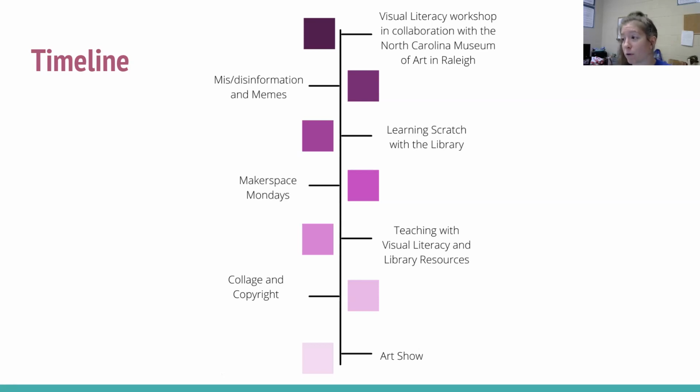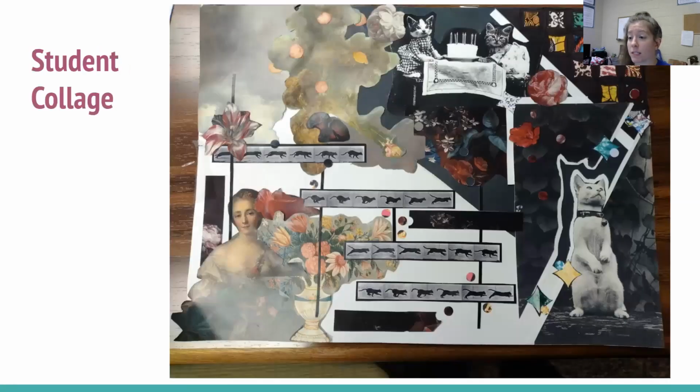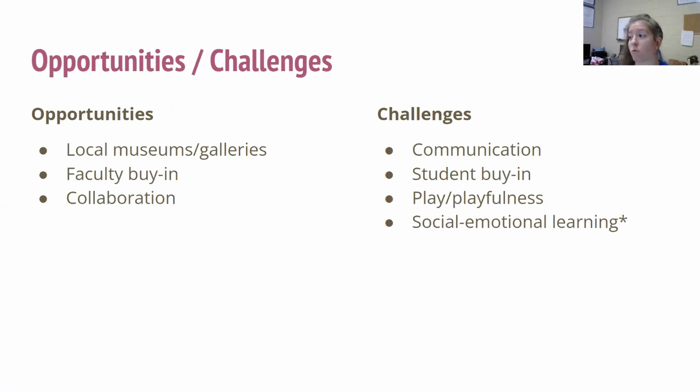And so if I were to do more of this visual literacy programming in the future, then I would center all of the activities that we did for students around the concept of play and around the concept of playfulness. And then also social emotional learning. The North Carolina Museum of Art had another continuing education credit, which I took, which was social emotional learning as